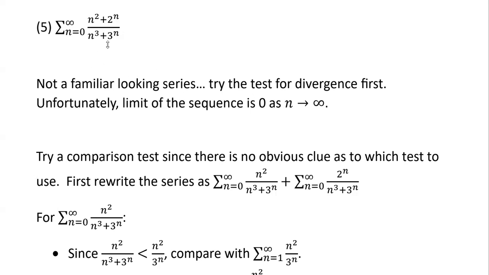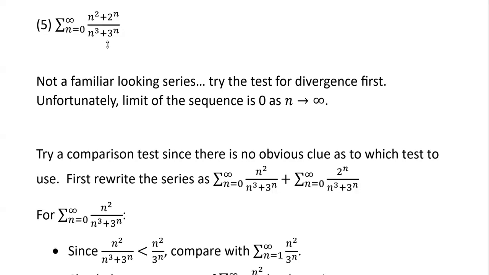So now we're stuck with our last resorts, the integral test and the comparison test, right? I guess we also said the ratio test might be doable, but we're trying to avoid that. So let's try a comparison test. What can we compare it with? Let's try to rewrite this series as these two right here. I just broke up the fraction, and then we can go one by one. If both of them converge, then of course this converges, since this is an equivalent representation. If even just one of the pieces diverges, then it's likely the whole thing diverges,